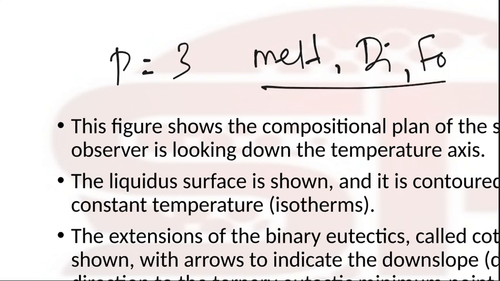Now the degree of freedom is equal to 1. So what will be this degree of freedom? Only temperature, because we are getting x of dioxide and x of phosphorite, so the x of anorthite